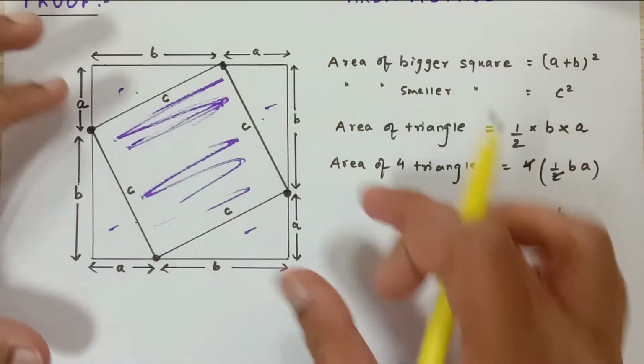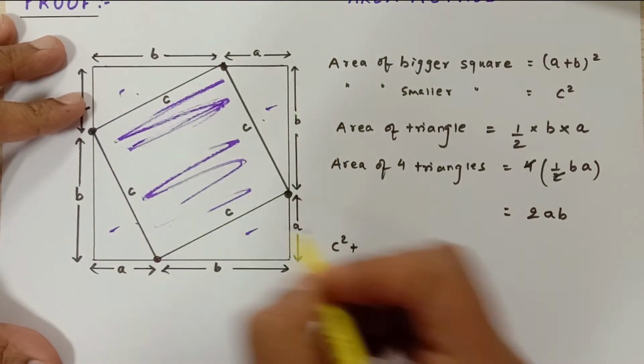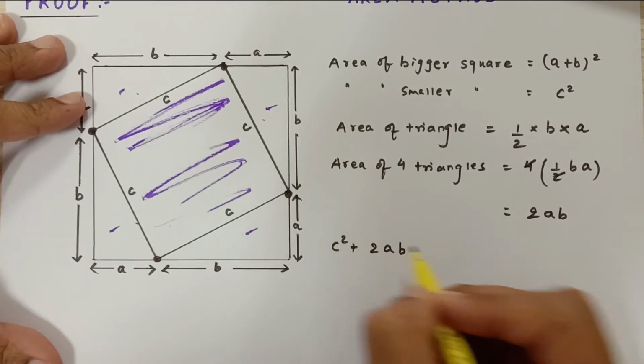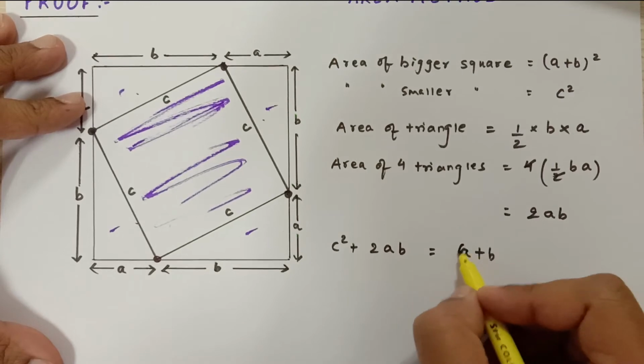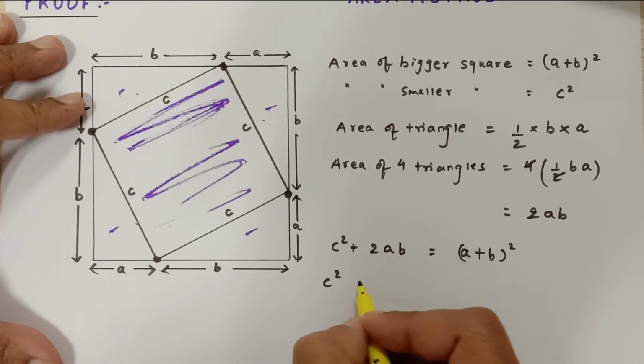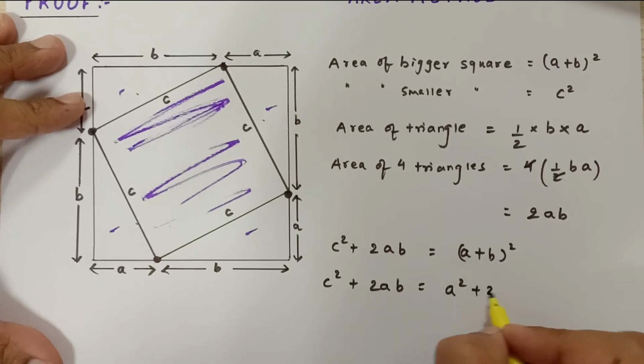So I'll be getting the total area, right? So c square is the area of the smaller square plus 2ab, that is the area of the bigger square, that is (a plus b) the whole square. Now I'm just going to open up the bracket: 2ab, that is equal to a square plus 2ab,